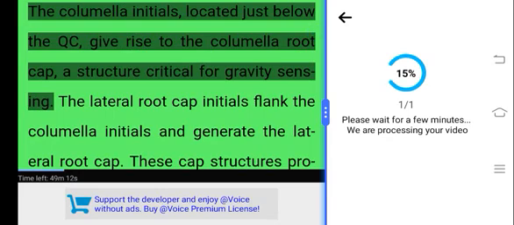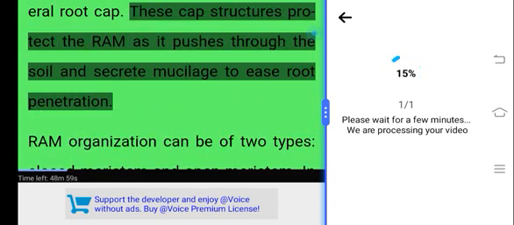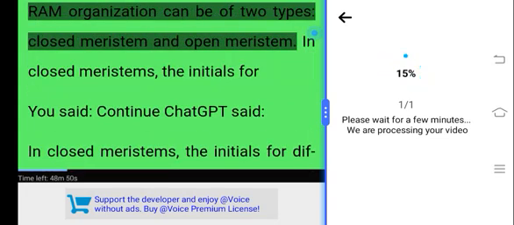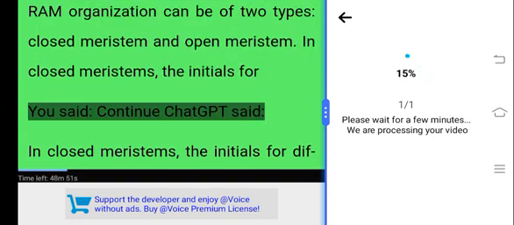The columella initials, located just below the QC, give rise to the columella root cap, a structure critical for gravity sensing. The lateral root cap initials flank the columella initials and generate the lateral root cap. These cap structures protect the RAM as it pushes through the soil and secrete mucilage to ease root penetration. RAM organization can be of two types, closed meristem and open meristem. In closed meristems, the initials for